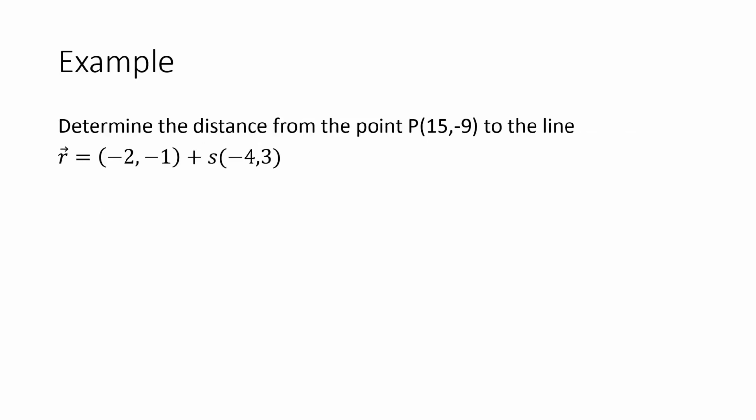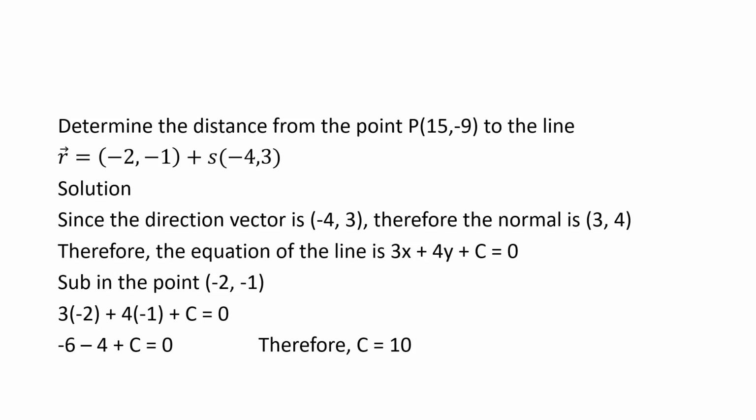Well, suppose we wanted to determine the distance from the point (15, -9) to the line with vector equation shown. Well, we need to get that line in Cartesian equation form to use our formula. So we look at this and we say, well, we've got a direction vector of (-4, 3). So that means the normal vector will be (3, 4). If you know the normal vector of a line in R2, then you know the Cartesian equation almost of that line. If the normal vector is (3, 4), then the Cartesian equation of the line is 3x + 4y +